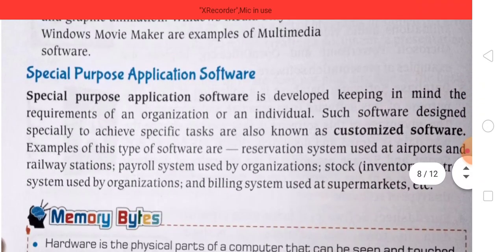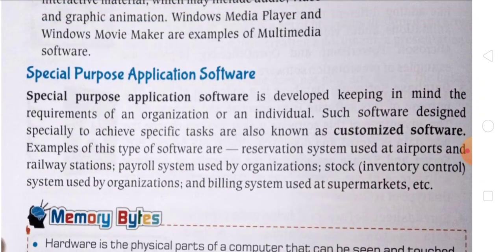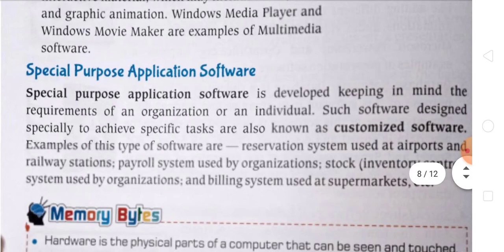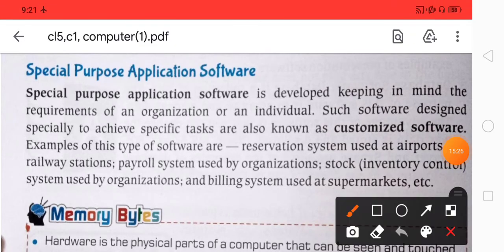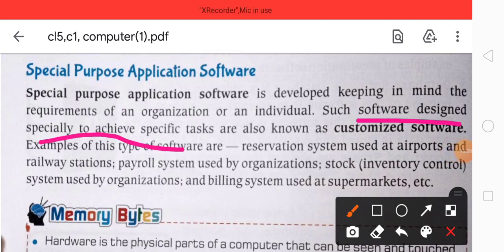Then the last one is special purpose application software. It is developed keeping in mind the requirements of an organization or of an individual. Such software is designed specially to achieve specific tasks, and these are known as customized software.